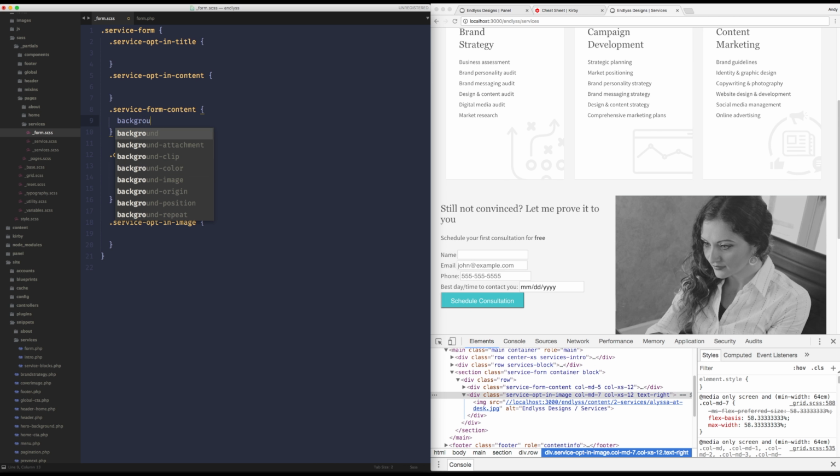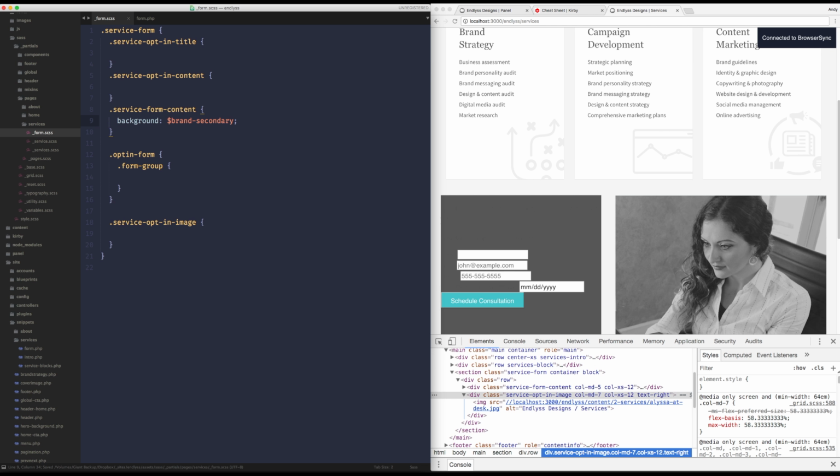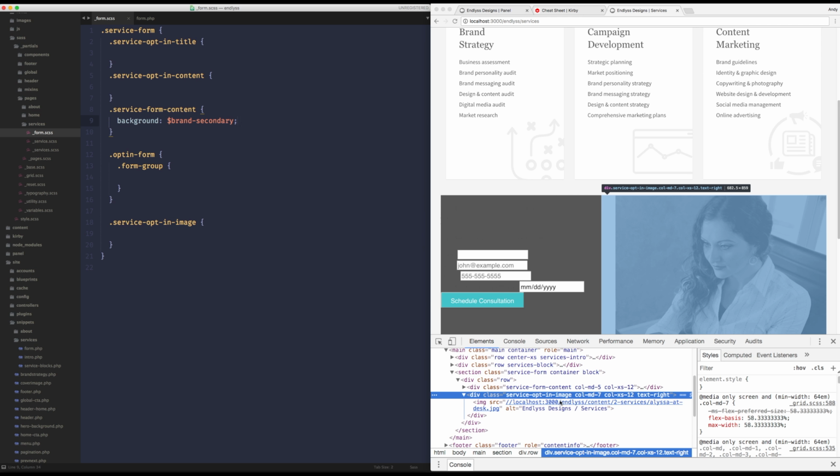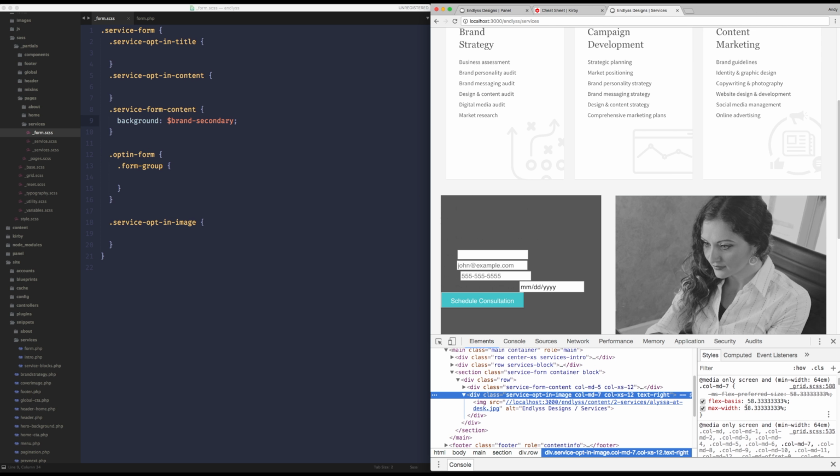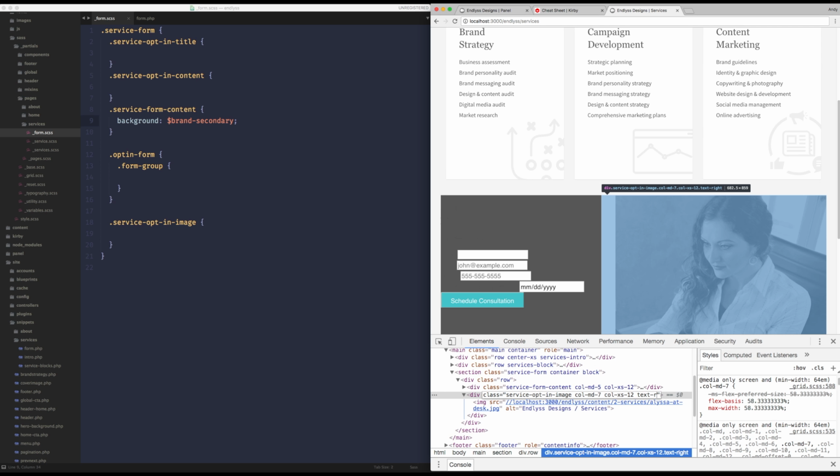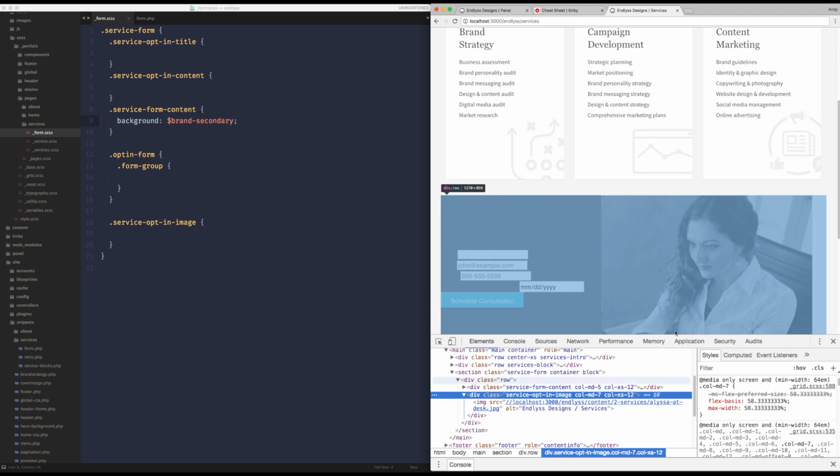I want that to have a background of brand secondary, I believe. Okay. And we've got this padding here, or it's an offset, I should say. If I remove that text right, will it go up against? Yep. Okay, so what we can do,